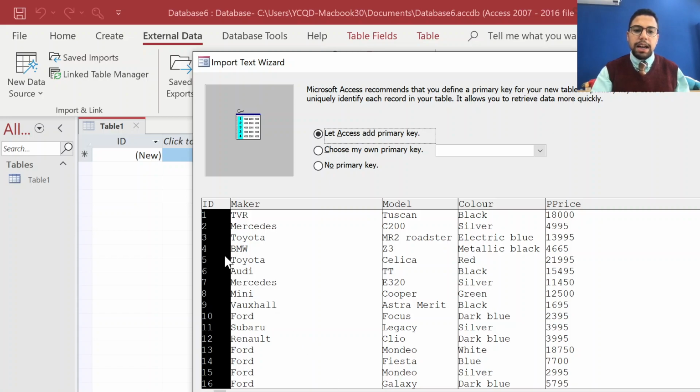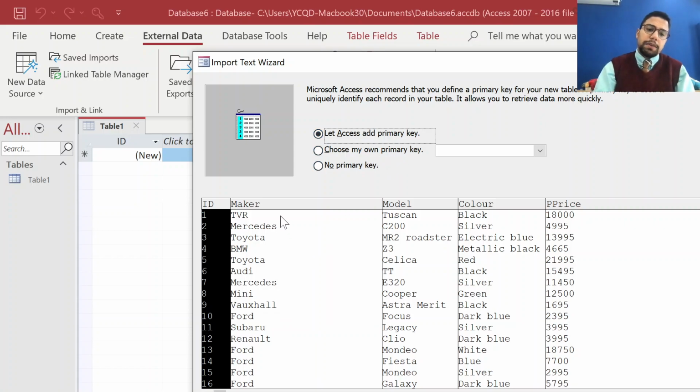For example, here we have a Mercedes car that is E320, is color silver, and we paid 11,000. So instead of saying all of that, we just say the ID 7. So ID 7 will be the identifier for this, and when we use it in another table, they're going to be related by the ID. So yes, we want Access to add a primary key,